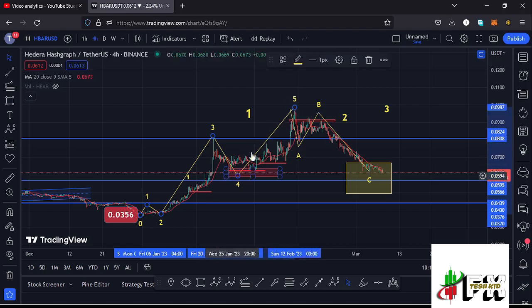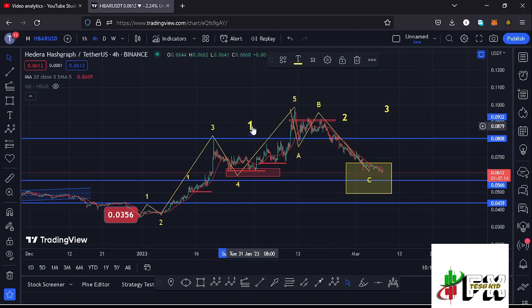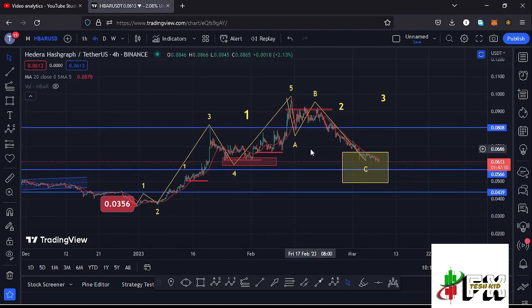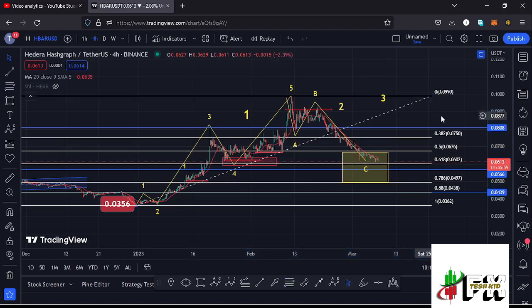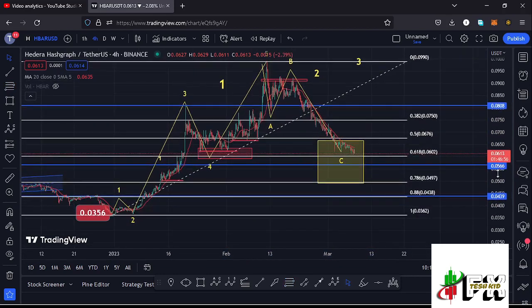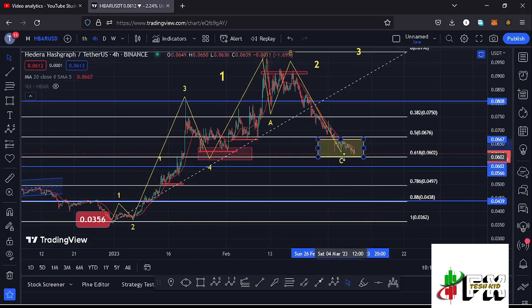And after seeing the formation of this wave 5, we completed a 5-wave structure to the upper side, therefore completing an even larger Elliot wave count 1 to the upper side. And after seeing the formation of that first wave, I was expecting a bit of a corrective structure over here in the formation of a larger Elliot wave count 2, and using the Fibonacci's, connecting them from the low of the first wave to the high of that wave 1, I was able to come up with a minimum retracement area to the lower side in the formation of that wave 2 between the fib level 0.5 and the fib level 0.618, which is a target area that lies between the $0.0676 mark and the $0.0602 mark,